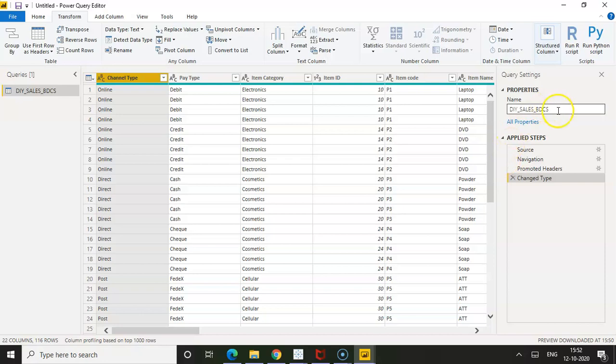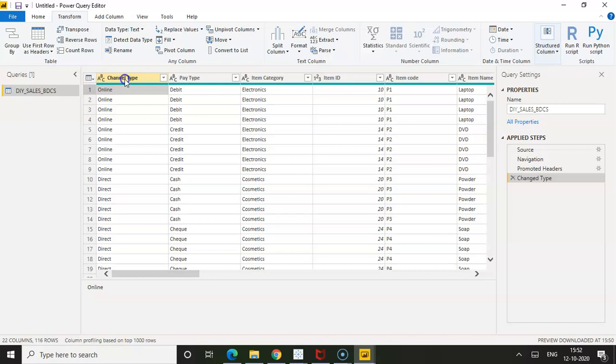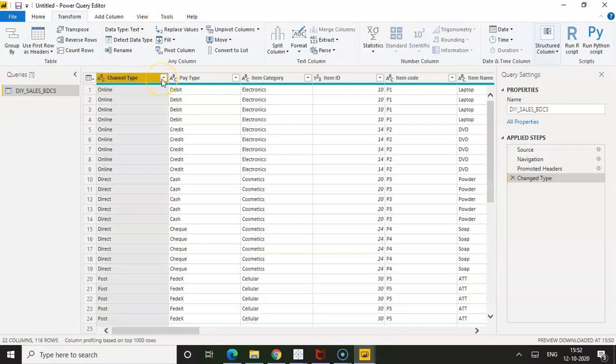On the right side, you have properties where you can see the values of each column, and also you can see the applied steps. Whatever changes you are making will be captured in the applied steps.